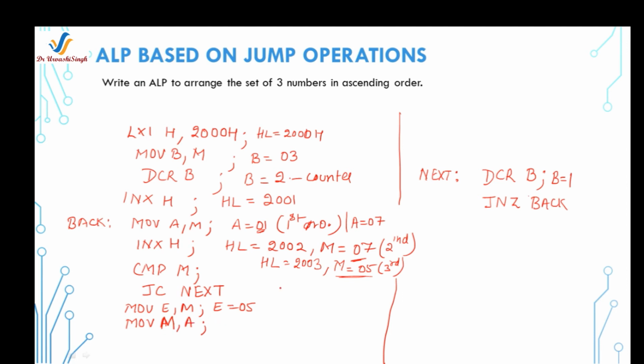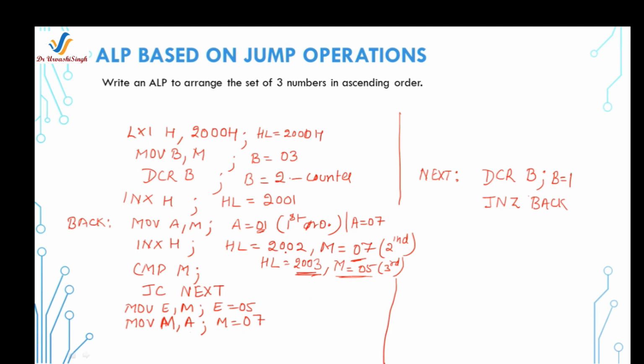So memory is pointing to 2003 and the accumulator is holding the largest number, this is 07. So in this way now the memory register has 07, which is the largest number, and now store this 05 into